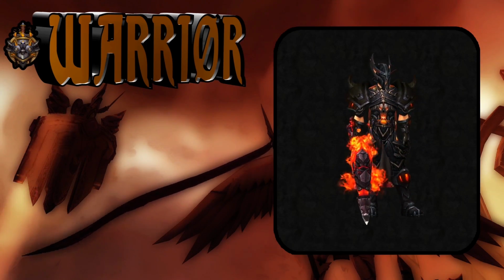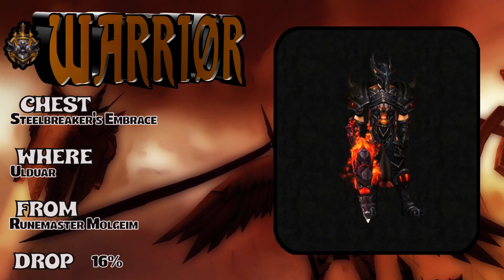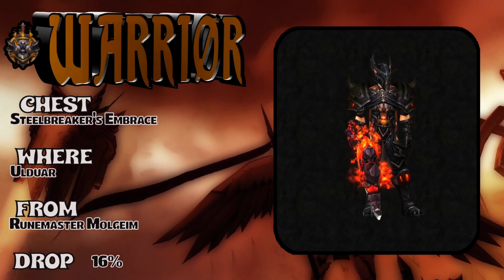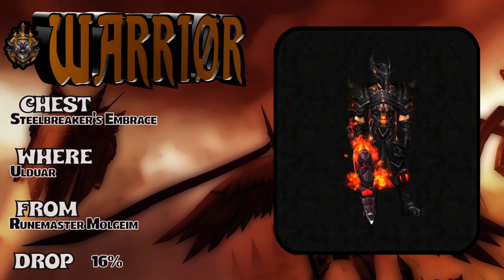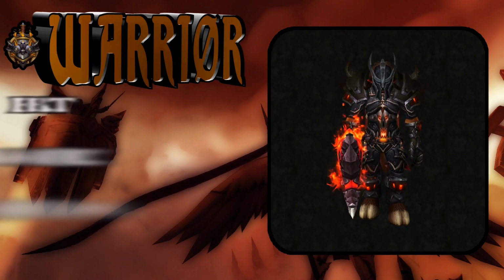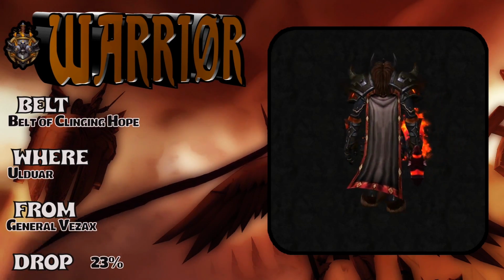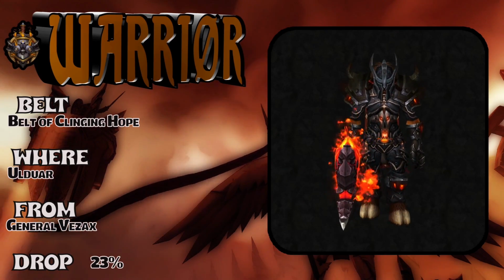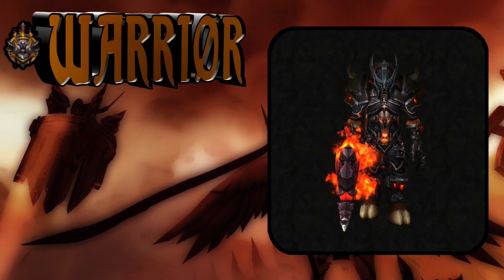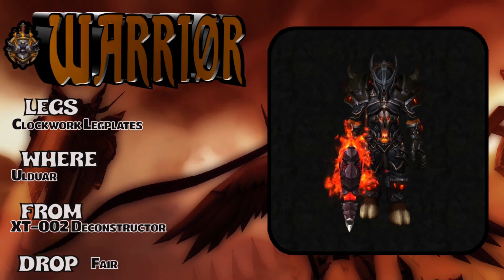The shoulders are out of the War Mill Bunker transmog set. The chest, Old War, is part of that old set out of Old War, 16% drop rate on the chest. Also, the belt and the legs are part of that initial set out of Old War, so that's old school Wrath of the Lich King. Belt of Clinging Hope, General Vezak's, 23% drop rate, and the legs, as I promised, sticking with the Old War transmog set,